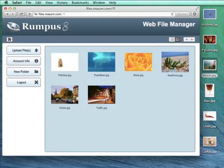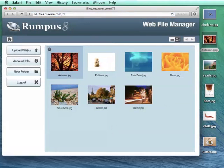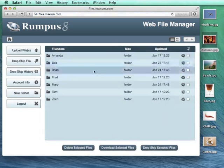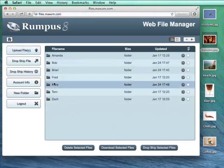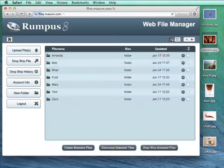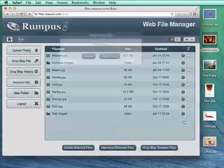Of course, I could set up shared folders both users would have access to, so users of my system can collaborate in whatever way I choose. And as the system administrator, when I log into Rumpus, I can see everybody's content folder. Other common tasks available in the Rumpus web interface include generating a dropship link to a file on the server,